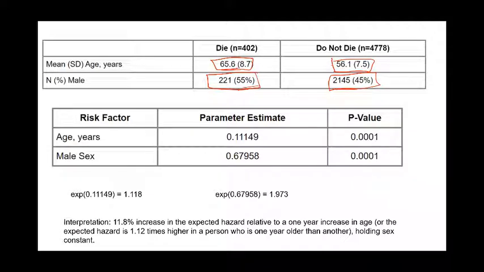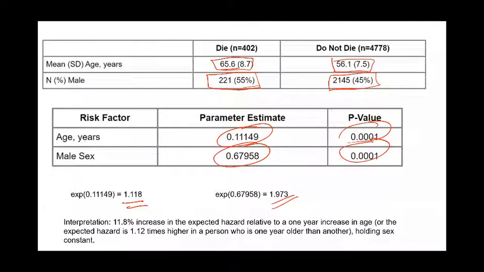So Cox proportional hazard is estimated. We get a parameter like this, which is significant. So now an exponential value of this is obtained, which will be 1.118, 1.973. All these are complex mathematical equations, which I do not want to go into, nor do I understand. So the interpretation of this exponential value.